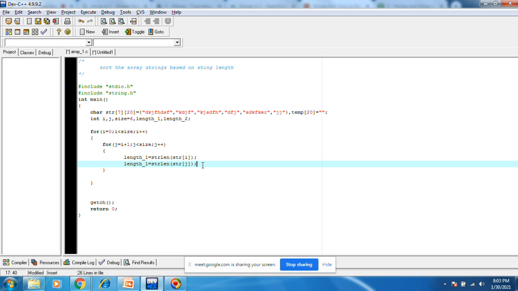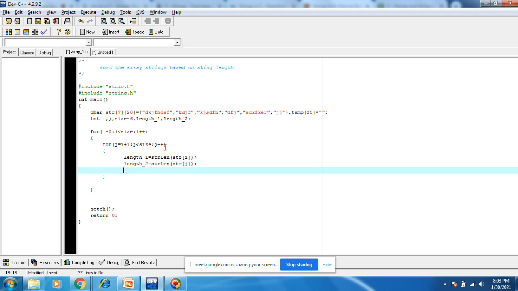If the length of str of I, which is 0, and J is I plus 1, which is 1, and length_1 is suppose 8, and length_2 is something like 4, that means 8 greater than 4, it is true. Then we need to swap the elements in the array, correct?